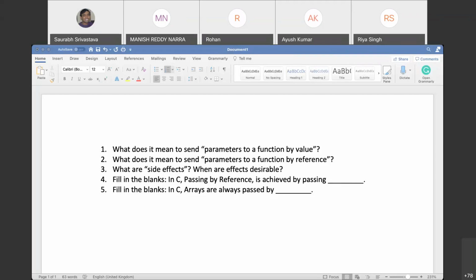If we operate upon those pointer variables using the asterisk and make any changes in the values stored, those changes will also be observed in our actual parameters. So in C, passing by reference is achieved by passing the memory addresses of our actual parameters into the pointer parameters in our user defined function.